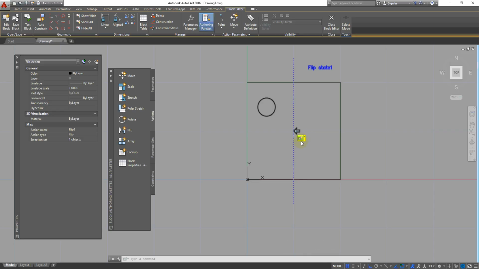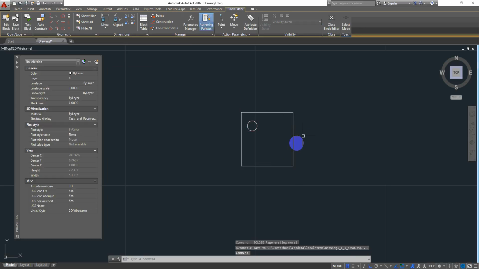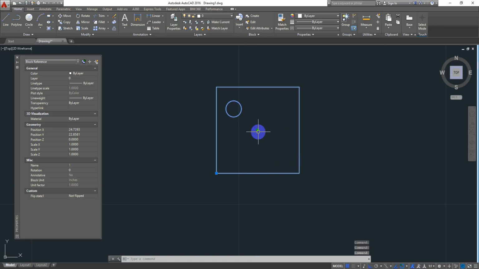If you select this action, you have these properties here: action name, action type, selection set, all these things. You can try it later on. Then close block editor, save changes. Now if you click on this, you can see it is flipping the direction. So this is how the flip parameter works. Nothing much